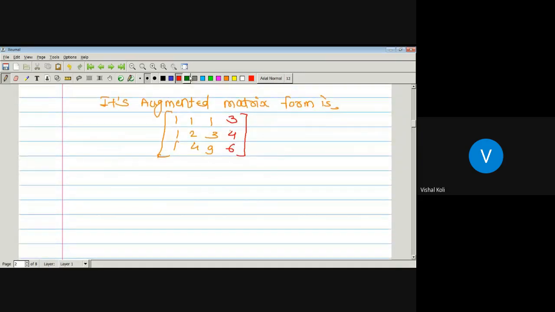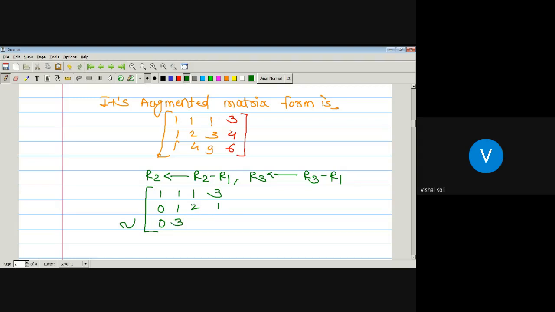Now here we will change R2 to R2 minus R1, and R3 to R3 minus R1, which implies this matrix becomes now 1 1 1 3 as it is. R2 is changing to R2 minus R1: 1 minus 1 is 0, 2 minus 1 is 1, 3 minus 1 is 2, 4 minus 3 is 1. Then 1 minus 1 again 0, 4 minus 1 is 3, 9 minus 1 is 8,